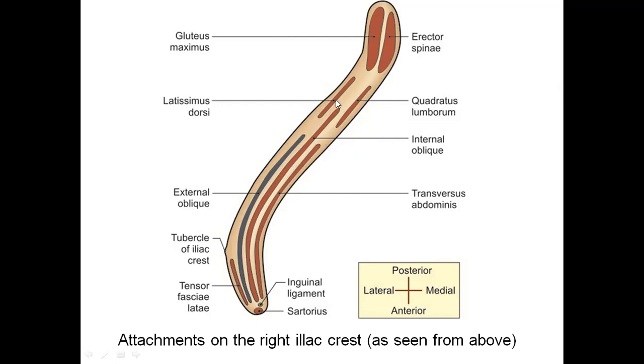Now in the ventral segment itself, in the posterior aspect of the ventral segment, we will see the origin of latissimus dorsi more close towards the outer lip and origin of quadratus lumborum more so towards the inner lip of the iliac crest. Now on the dorsal segment of the iliac crest, the outer slope is giving origin to gluteus maximus, inner slope is giving origin to erector spinae.